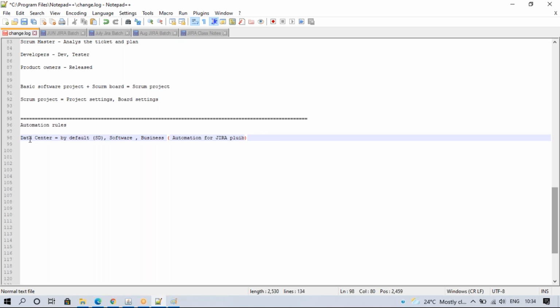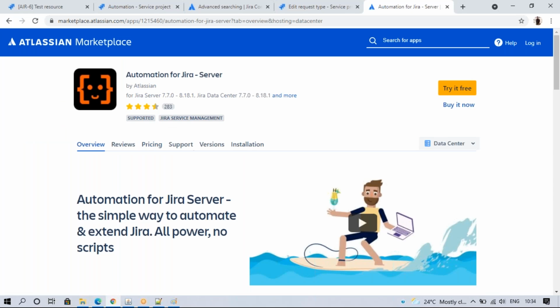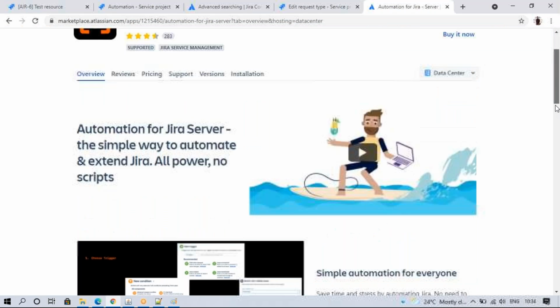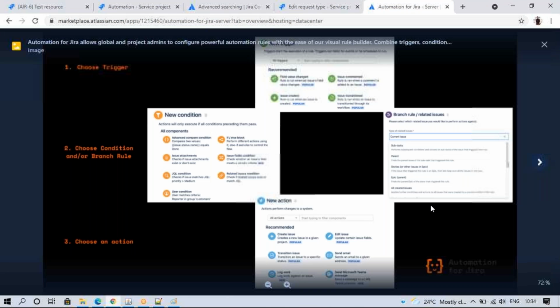These automation rules, in Data Center, are available by default for service desk projects. But if you want the same for software and business projects, we have a plugin called Automation for Jira. So this is Automation for Jira for Server. Just go to this place and you can choose lots of